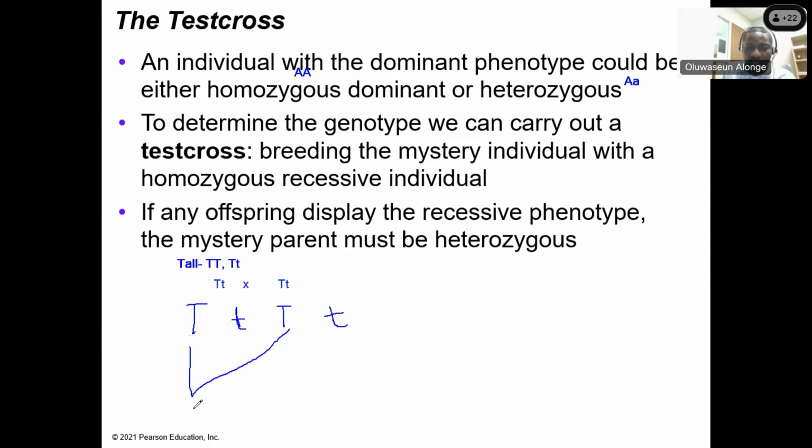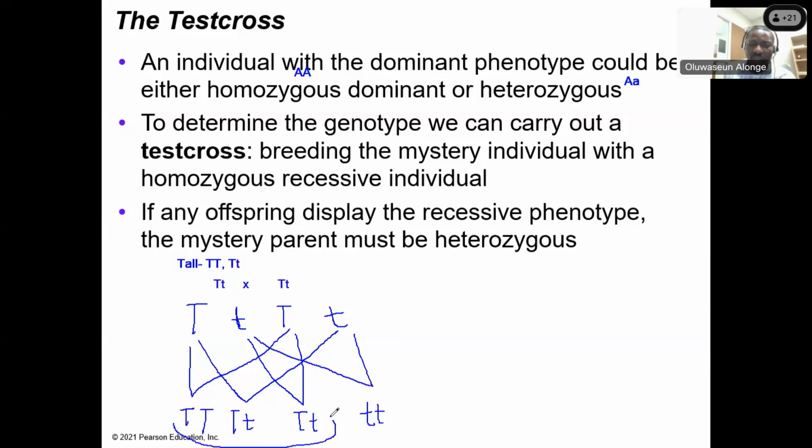This against this gives us homozygous tall. Then this against this gives us heterozygous tall. This against this gives us heterozygous tall. And this against this gives us homozygous short. So in quotes, these three children will be tall. But if the three children are tall,